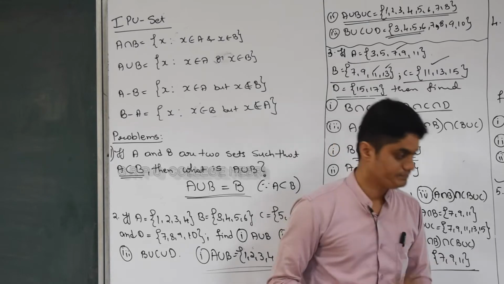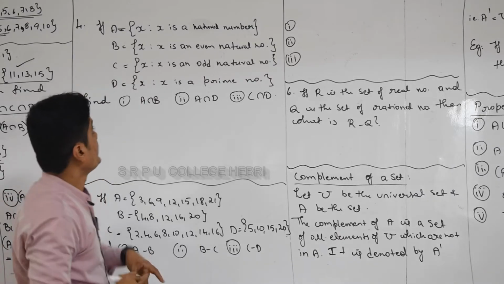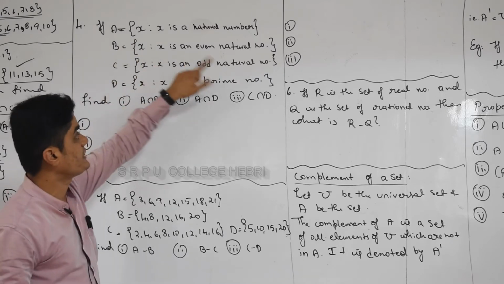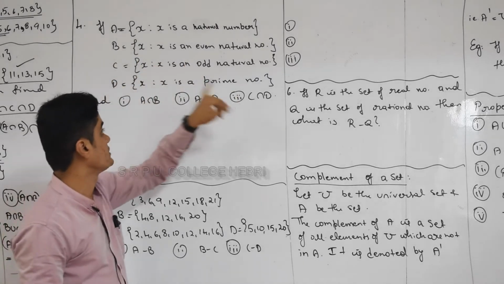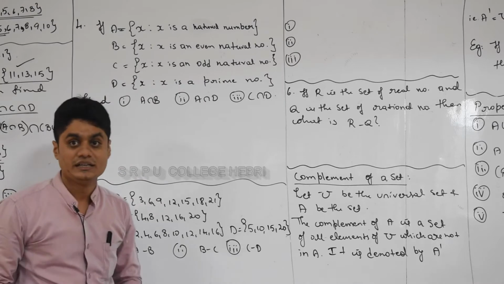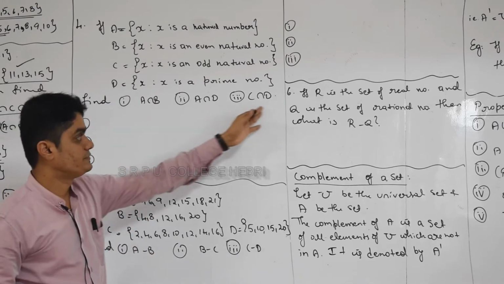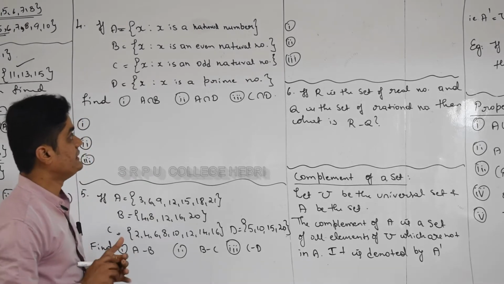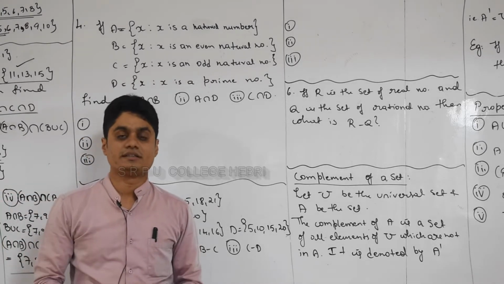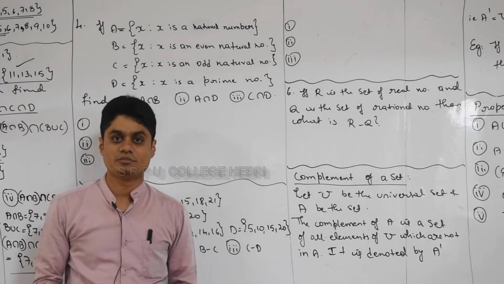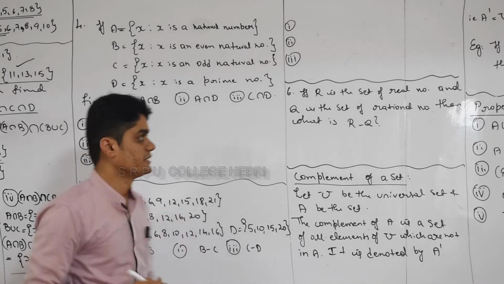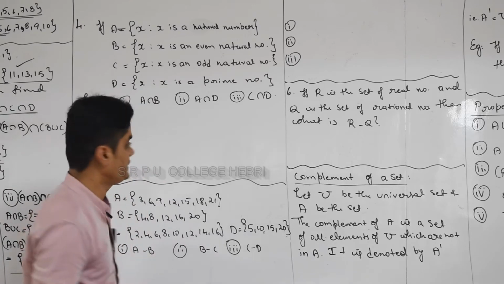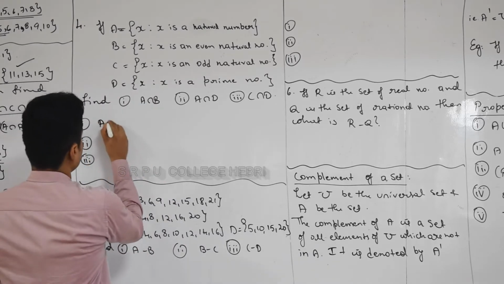Okay, question number 4. If A is the set of x such that x is a natural number, B is the set of x such that x is an even natural number, C is x such that x is an odd natural number, and D is x such that x is a prime number, then we have to answer these three questions. Now observe carefully: here the sets are not given in roster form but in set builder form, so it may be a little difficult. You should know exactly about a natural number and a prime number, then you will answer this very easily. First, A intersection